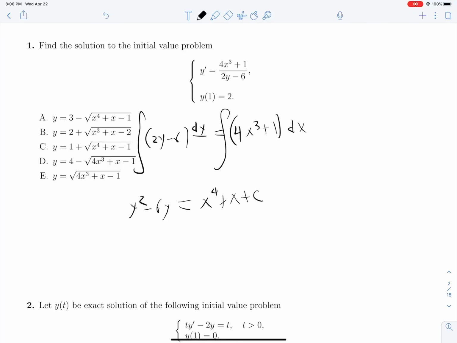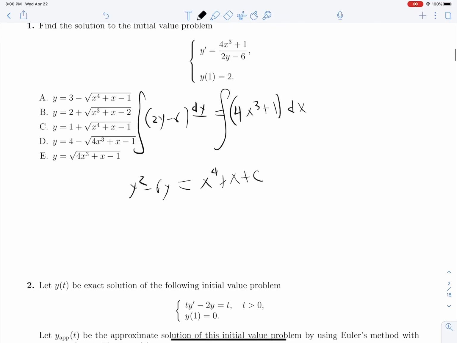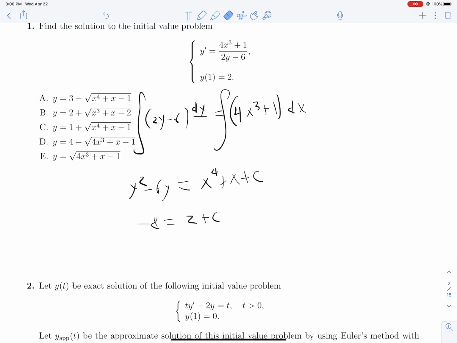And what do they want us to do? They want us to solve for y in this case. So how can we do that? It's a little bit unclear because we have a y squared minus 6y, but really what we'll need to do here is complete the square. Let's find this value of c before we go do any of that. y at 1 is equal to 2, so 2 squared, 4 minus 12, so negative 8, is equal to 2 plus c. So c is negative